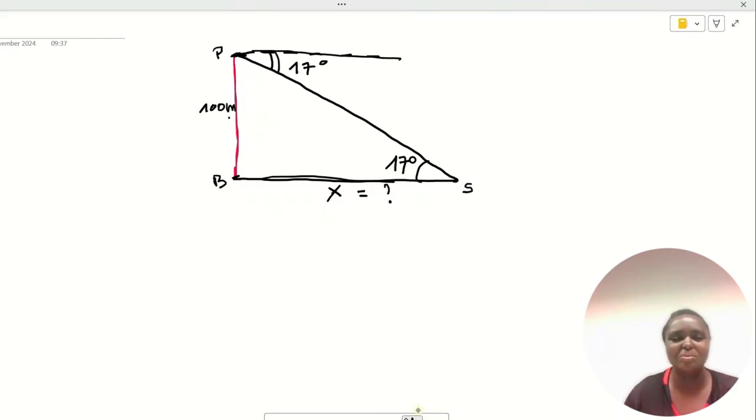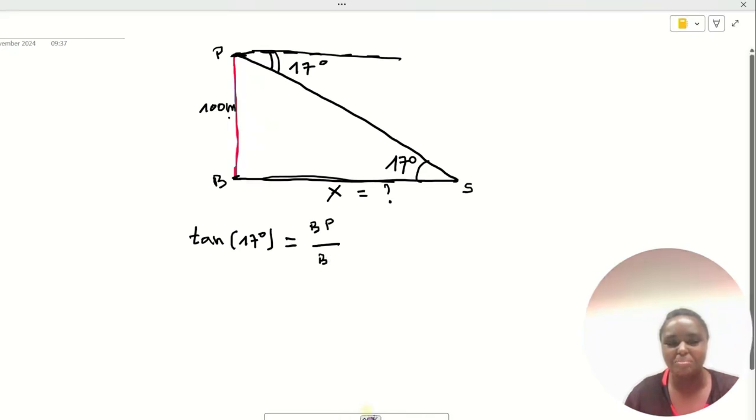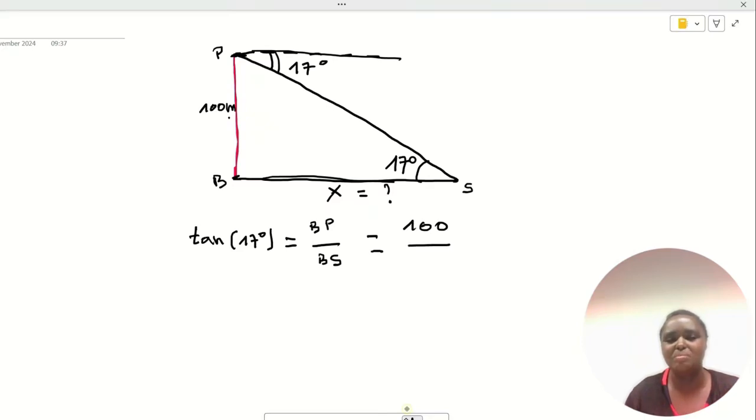All we know in trigonometry is that the tan of the angle 17 degrees will be equal to what? It is equal to the opposite side. The opposite side is the side BP. It will be equal to BP over the adjacent side, and the adjacent side is BS. So this is equal to BP, which is 100, the length of the cliff, over BS, and BS is